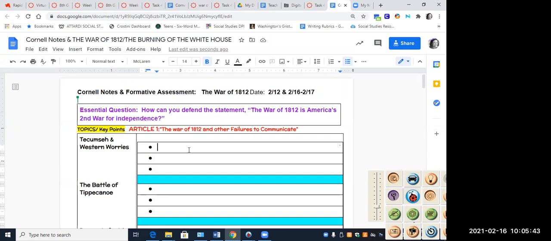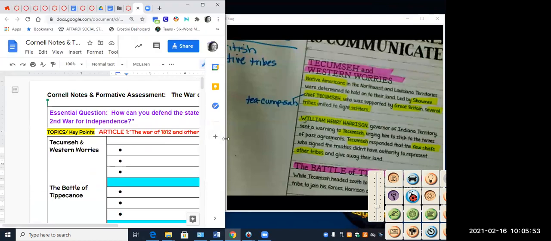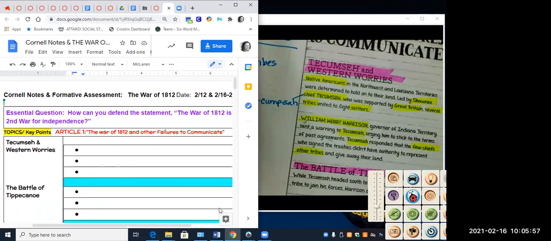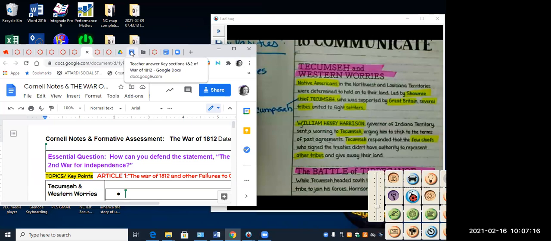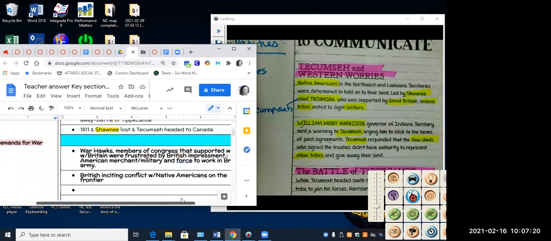What would you write here if you were looking at your article here? Because remember, I told you the best way to know what a teacher wants you to write down is to figure out probably who the people are and then include them in your statements. So what are his worries? What's the deal here? There we go. And so these are the things that are on